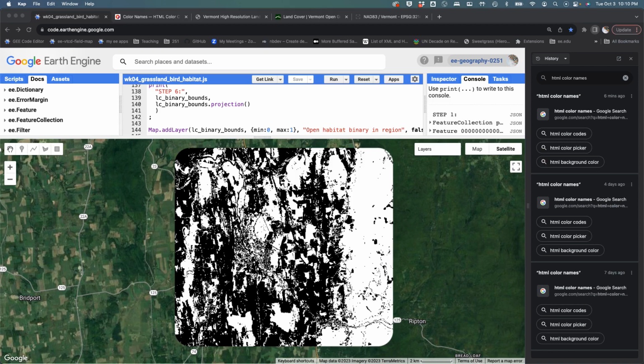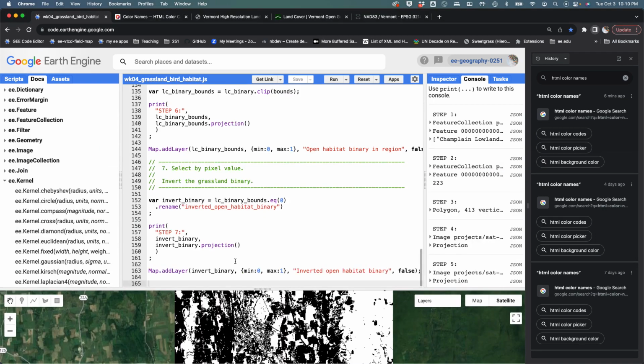Hello, so this video is going to introduce you to calculating distance on an image in Earth Engine. It's a little complicated, so we'll do our best, and then we're going to talk about this again on Thursday. To get started with the task, I'm going to go grab the snippet code